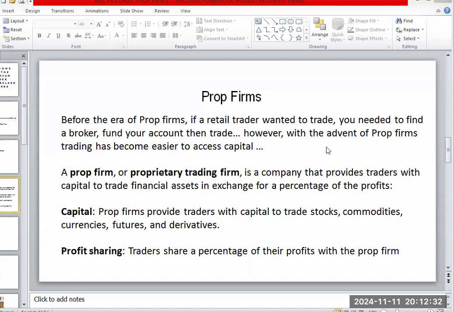But with the advent of prop firms, essentially that now gives us the opportunity to have access to capital. Those are one of their main advantages. We have access to trading capital that we can use to trade. Okay, so a prop firm is essentially just